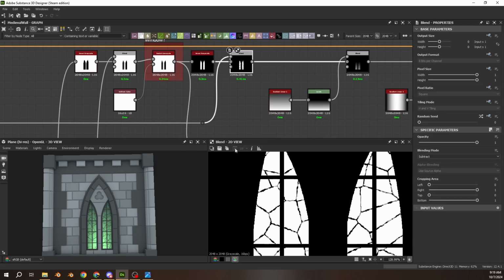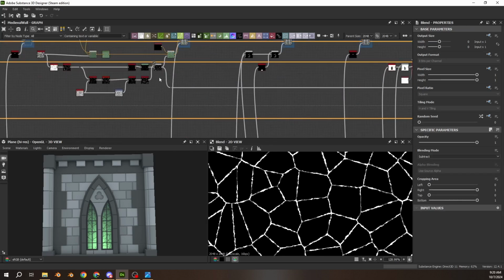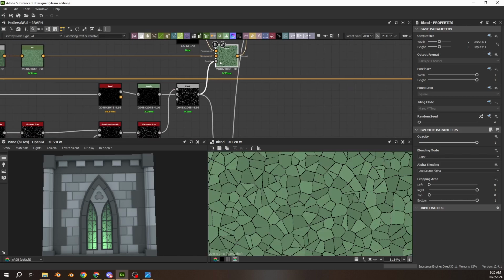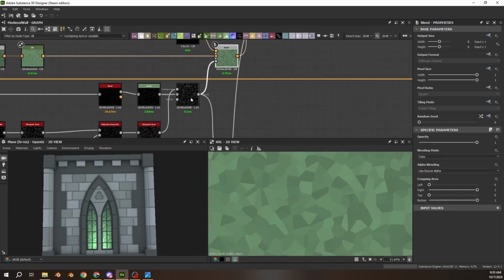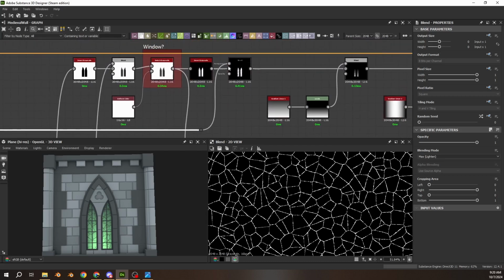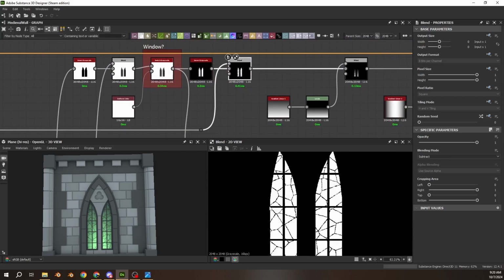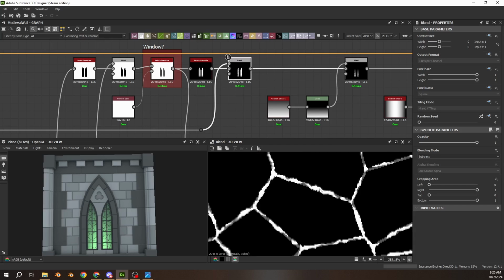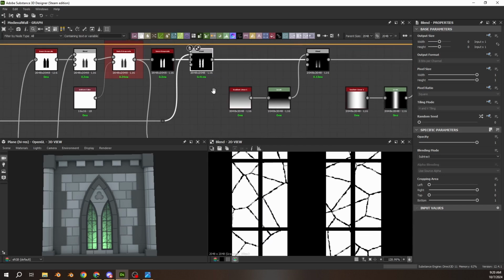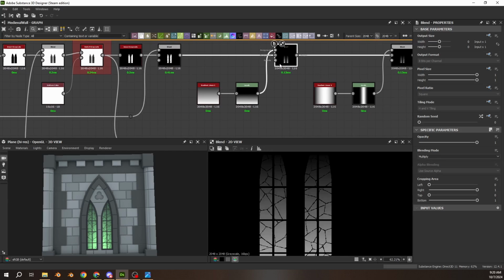Now that we have this, we need to add our black lines. So let's go back to this. This is before, this is where we added it to our stained glass. So we're going to take this, and then that's going to feed into the foreground, and then we're going to subtract, because we're subtracting white lines. And it's going to give us this. Now that we have this, we're going to go into a multiply blend mode here,